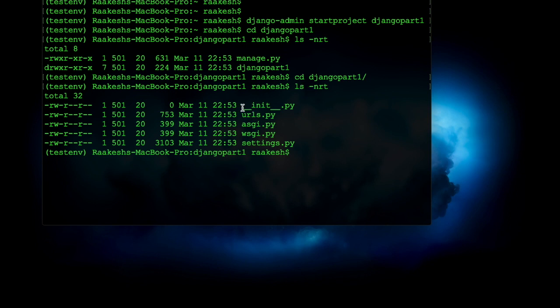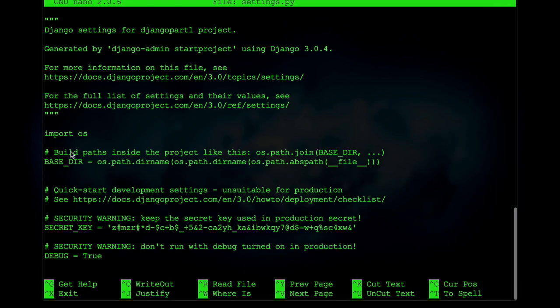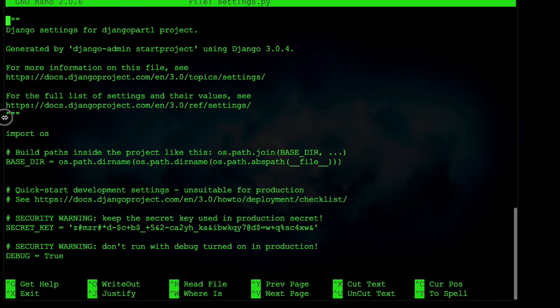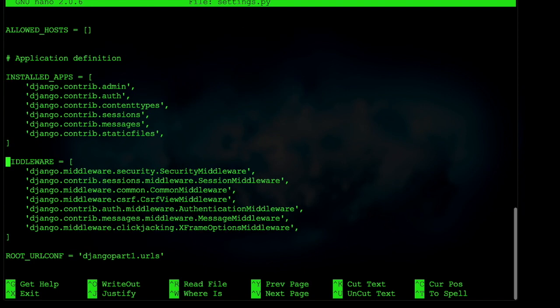Okay, so as you know, this __init__.py is representing that this directory is not just a simple directory but a package. So it's a general convention. urls.py, we will check this one. Let's first check this settings.py file. Let me enlarge my window. Okay. The important part that I will be talking about here